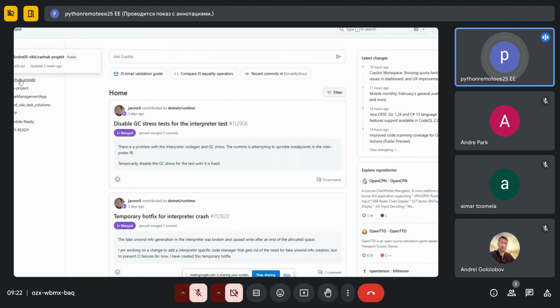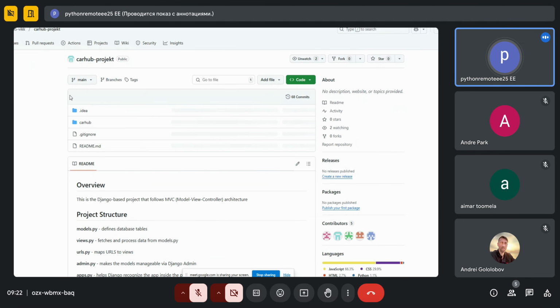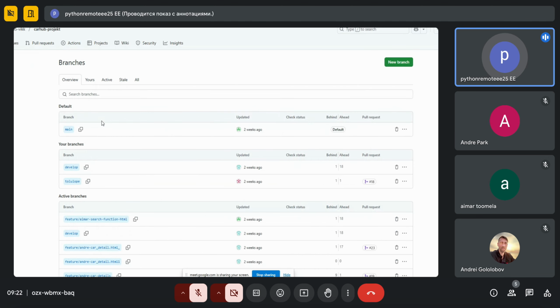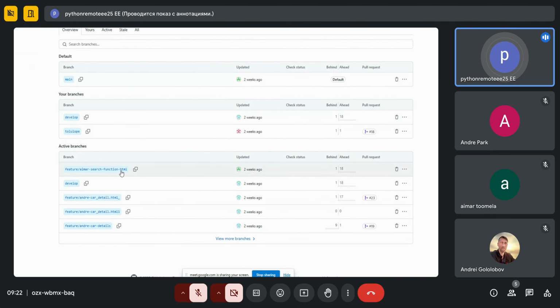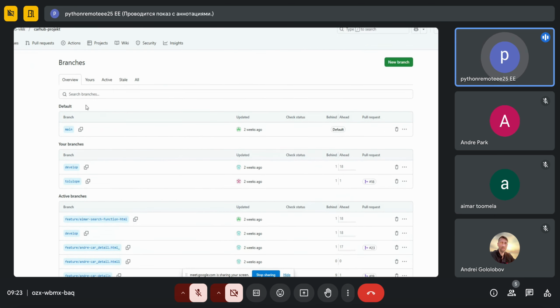Probably the car project, and we have these branches. Yeah, so this is the one that we were working on, and we need to take the one which is on the develop, because that is where we have all the latest changes, right? So if we go to the develop,